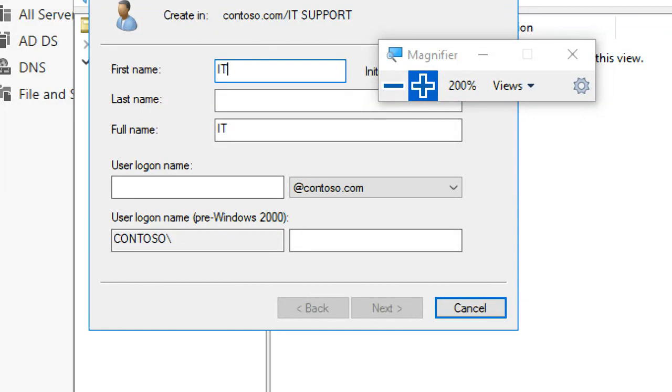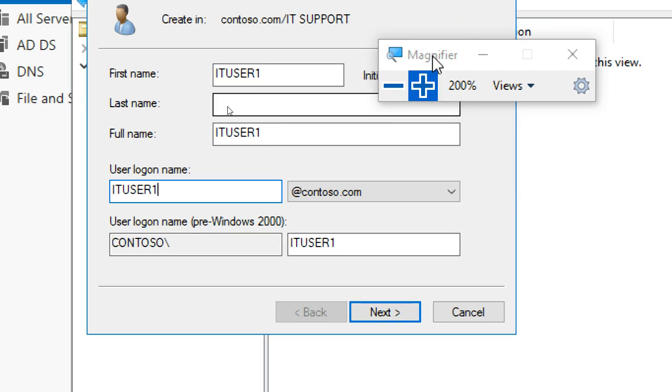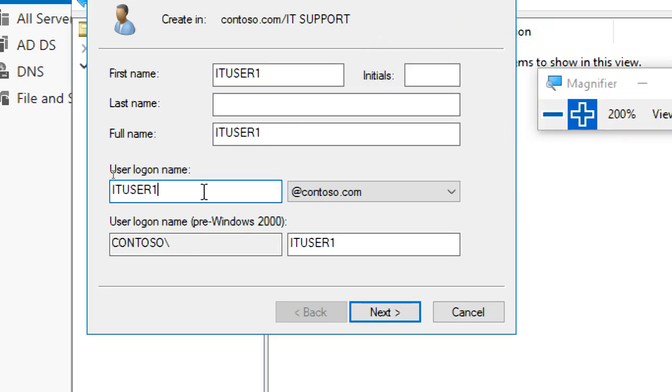For example, this is an IT supporter. Okay, caps or small, no problem. IT user one. I removed the caps lock. Okay, so I gave a username. This is the login name. What you give here is different. If you give it like this, this is the login name, and this is not the login name. Understand? This is the initial. You can give Mr., Mrs. kind of stuff also.